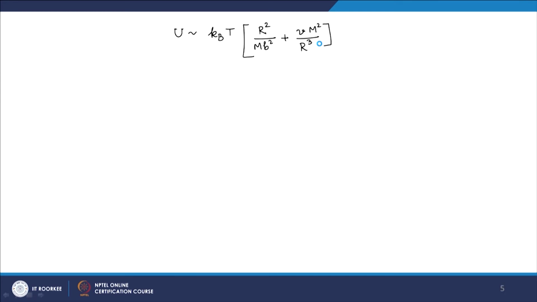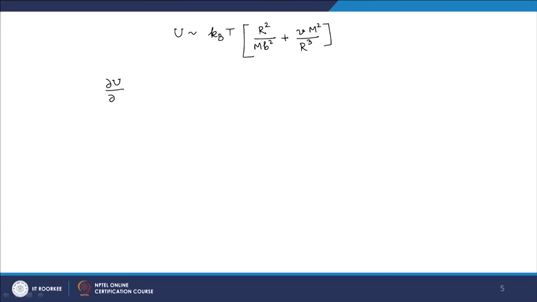Okay. So, now we use the idea that the chain will like to minimize its energy, that is a standard thermodynamic approximation. Things like to go towards the minimum of free energy, and I can do that by taking a derivative with respect to r. The size will be such that it will minimize the free energy, and that we can get by dou u by dou r equal to 0,